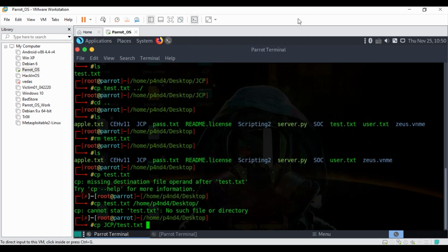Now, what I'm trying to say is, after this, either I can write home, panda, desktop again, and that will also work for me. But why should I write the entire path? If you remember, I told you previously that a single dot represents what? It represents your current directory, right?